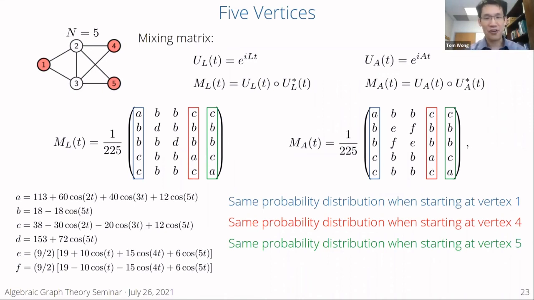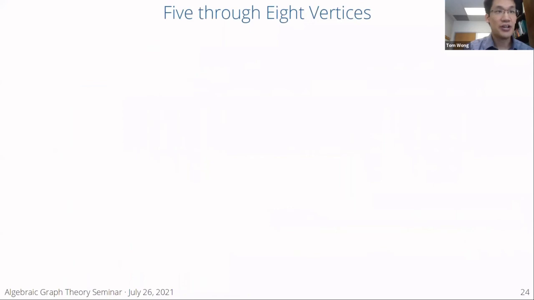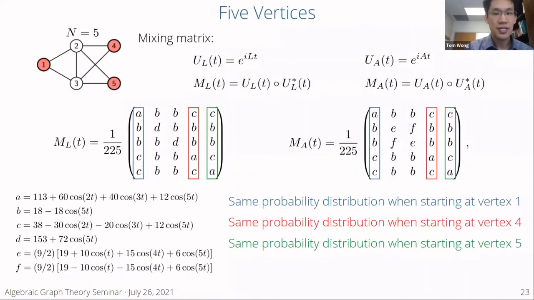But this is the end of our proofs. We only did, again, the 5 vertex example and the 6 vertex example. So let me just tell you what the other ones are. The distributions are the same if you account for the starting vertex. So here, if you start at vertex 1, then the probability at vertex 1 is A. Here you start at vertex 4, so you see how A is down here, and here you start at vertex 5, so A is now down here. So basically, these are the same distributions, but you have to shift the labeling. Does that make sense? I'm sure there's a graph theory term for this.